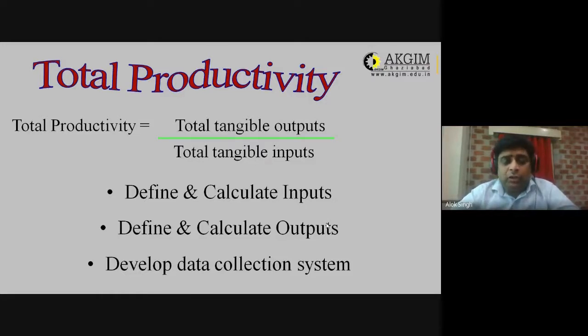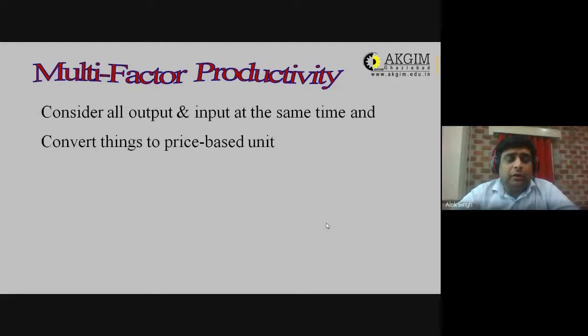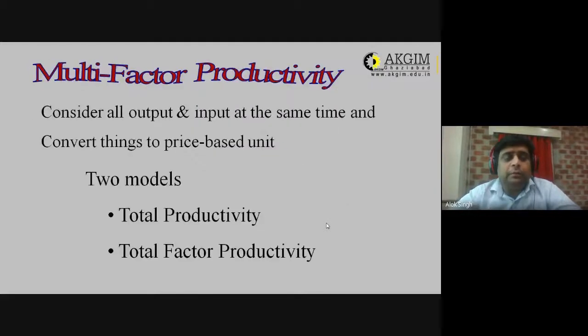Okay, next is total factor productivity, that I have told earlier. In terms of total factor productivity, you will check which factor is contributing up to what extent. Like we are having labor, capital, machinery, material, and all factors are having certain weight. Number one factor is having so much weight, number two factor is much more important for me, number third factor is this much important for me. So you will assign certain weight.